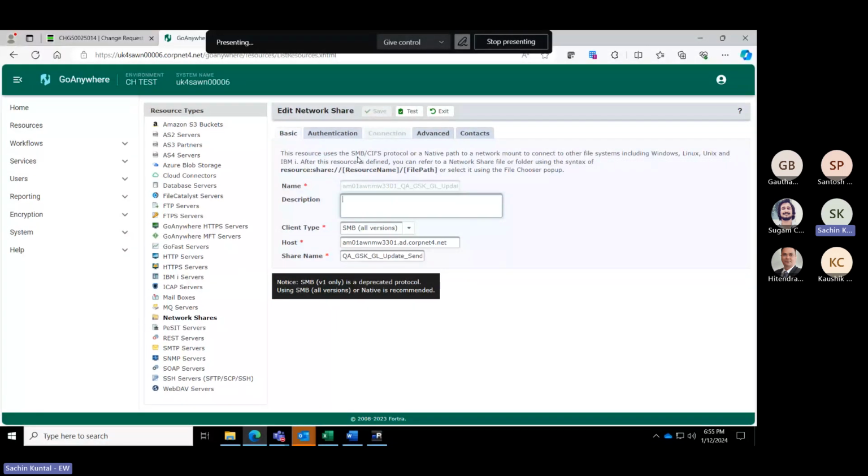So if there is a connection issue, when we execute it manually, it should get executed after a while. But again, if it is not getting executed even after trying multiple times, then we reach out to the point of contact for that project and ask them to check for this particular network share, whichever network share or SFTP server it is related to that project on the output directory, to check the permissions or if there is any other issue related to that particular resource, because the files are not getting delivered.